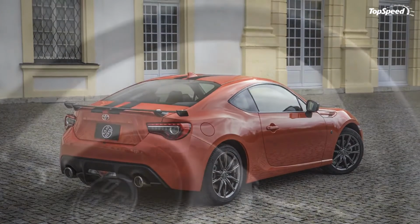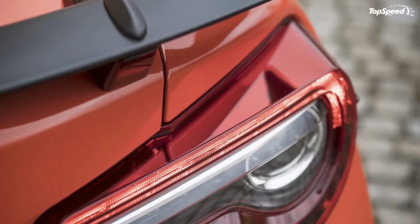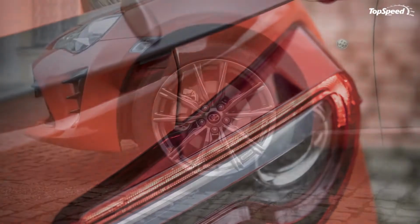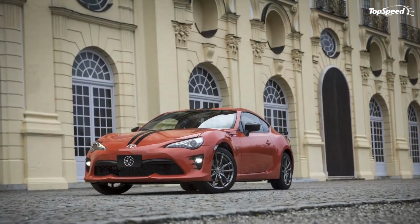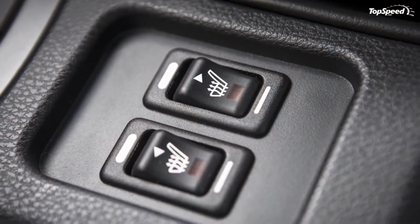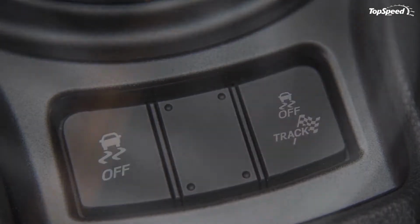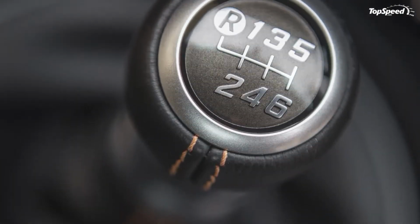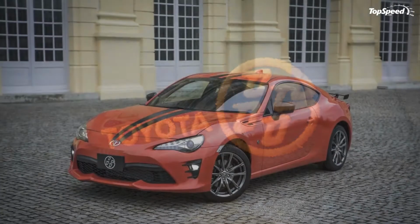What makes the Toyota 860 Special Edition so special? Aesthetics play a big part in contributing to the car's Special Edition designation. It features an exclusive paint color called Supernova Orange that no other variant of the 86, standard or otherwise, will carry. That distinction alone gives the 86 a Special Edition feel to it, but it doesn't end there either,